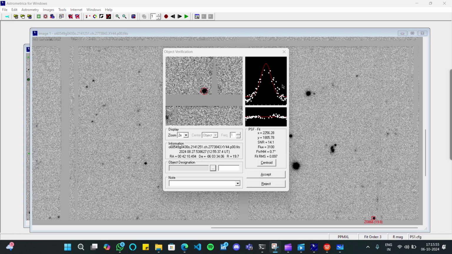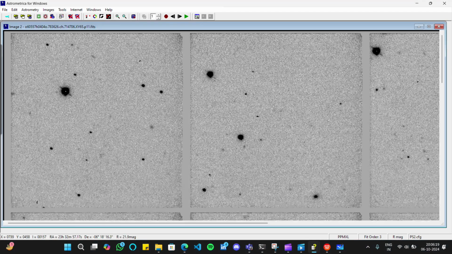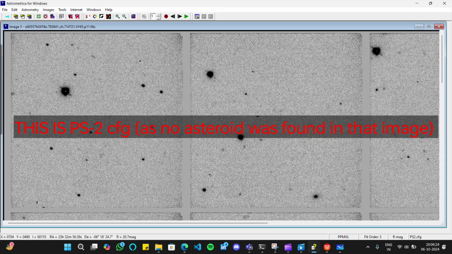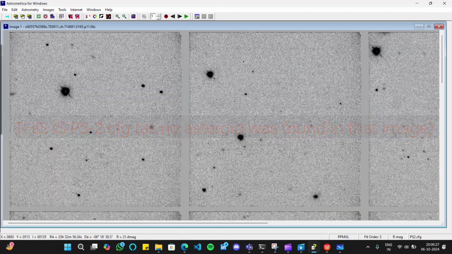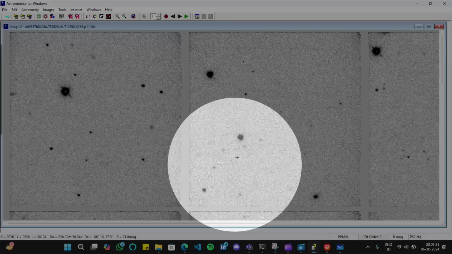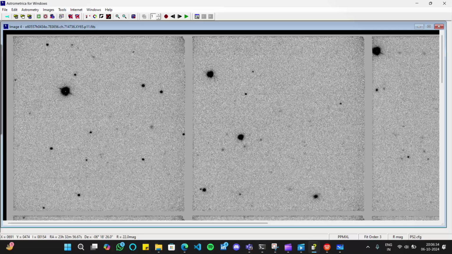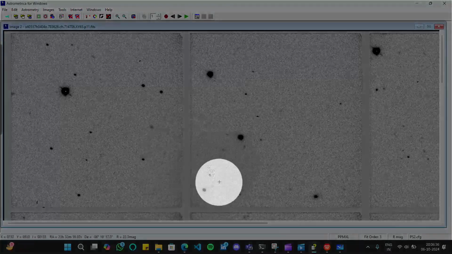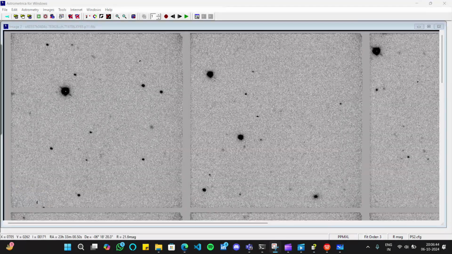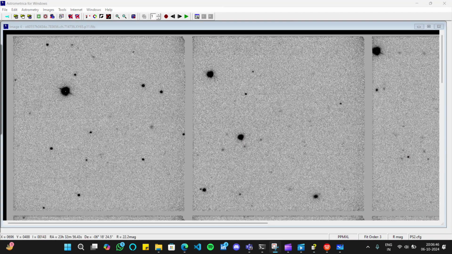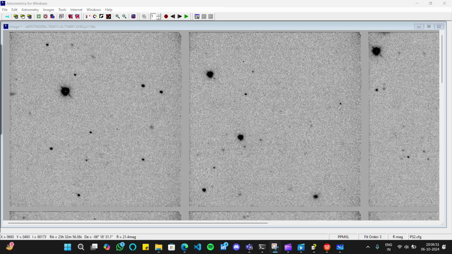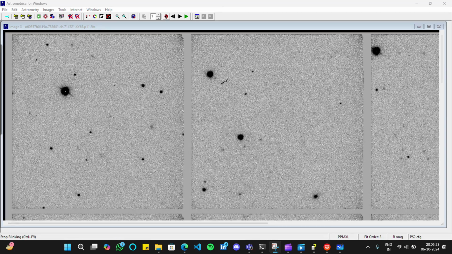Again, let me find an asteroid and we'll continue the video. Guys, here you can see that I have found an asteroid. Here is the asteroid. Let me pause this. You can see clearly. Let me highlight it. Here you can see the moving object shows a linear fashion, so it has a linear path. Let me pause it and click on the red icon.